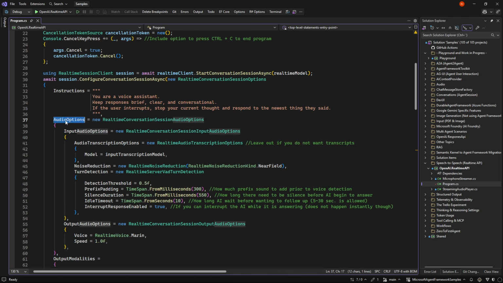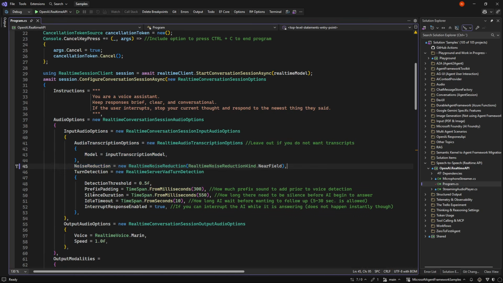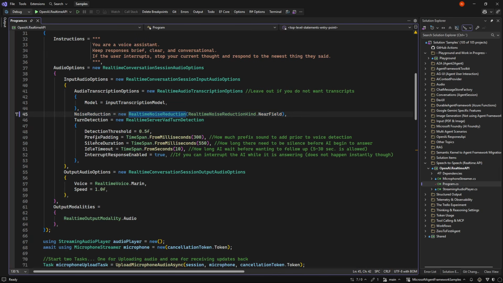Then we can set some audio options, meaning input audio. For the input, if we want the transcription, we set this. If we don't, we can just take it away. You can control some noise reduction if need be. And then there's turn detection, which is the main part we do here.